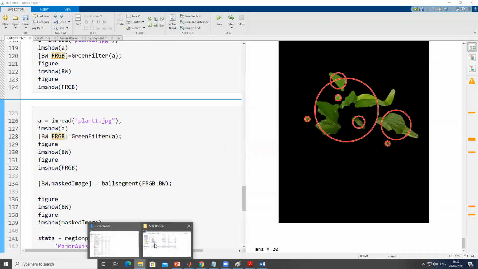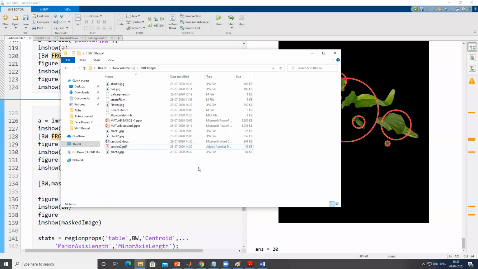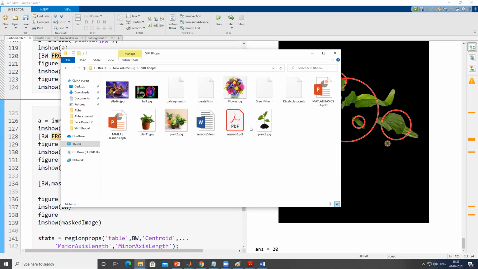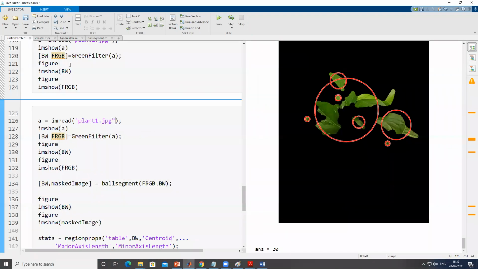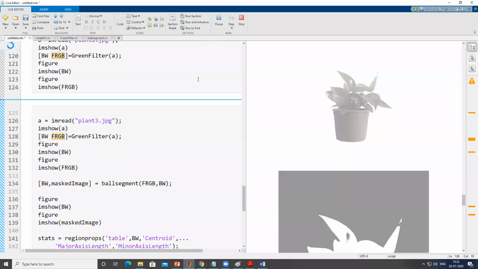But the image we have just downloaded, I want to check on that. So its name is plant3.jpg, plant3, and I'll run it.